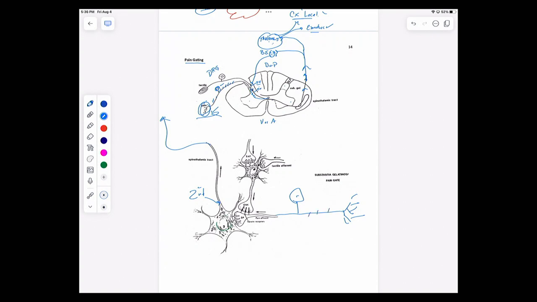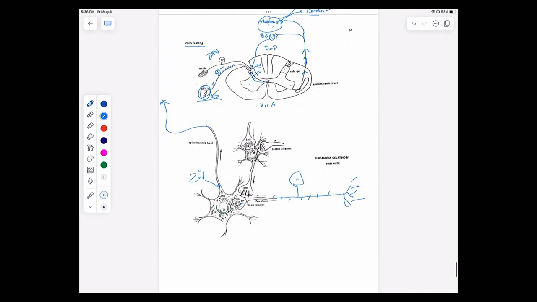So you have that going on. Now I have pain coming in. It's releasing on this secondary neuron. This little cartoon here says SP. That means substance P. And substance P is the neurotransmitter that is used when you have a pain signal coming in from your body. Now, substance P is used in many systems in your body. You find it through your GI tract. Substance P does a lot of different things. But the neurotransmitter substance P, when it comes to pain, that's what it does.